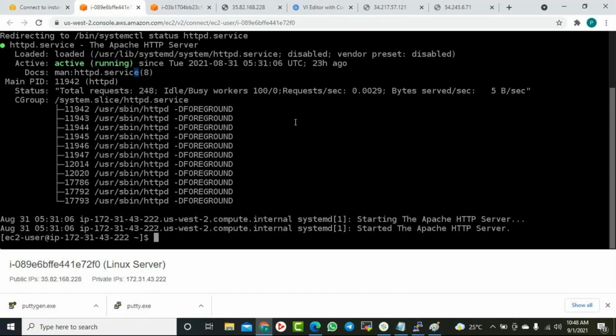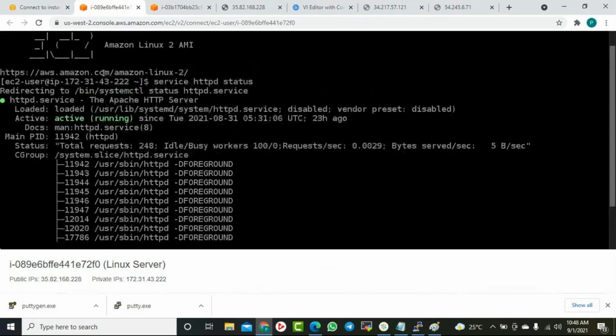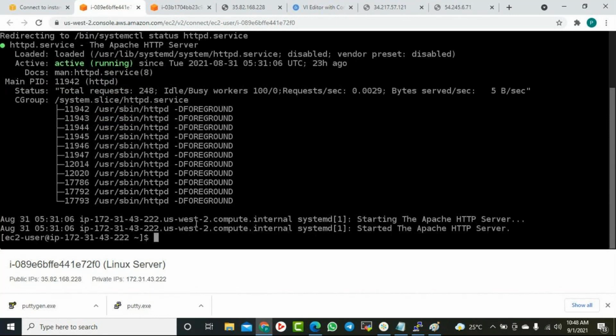Because we created an AMI, it created a new server, and by default this service will not start automatically. So we need to run this command, systemctl enable httpd. We need to run this command before creating the AMI. I created the AMI before without including this command.